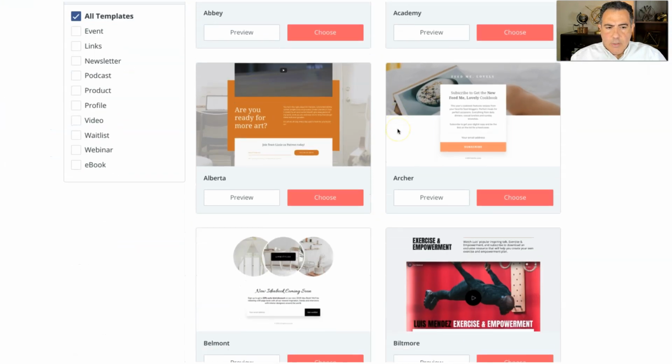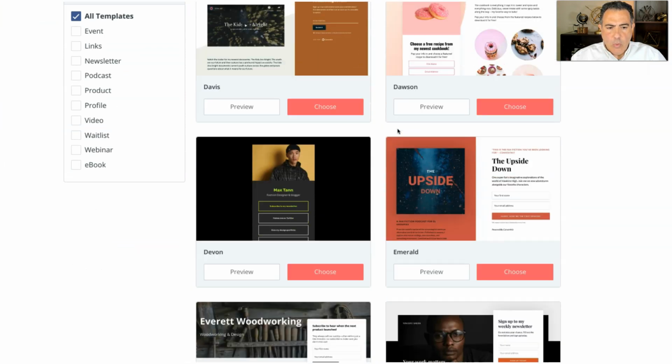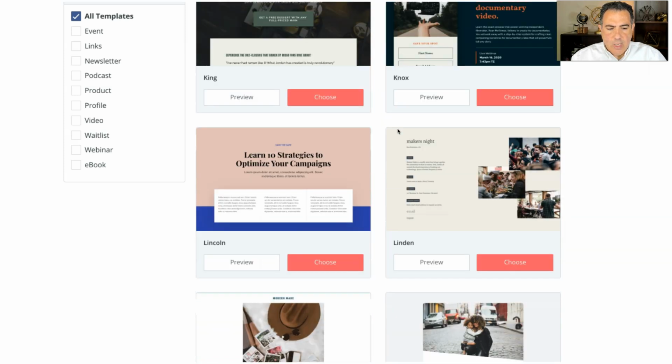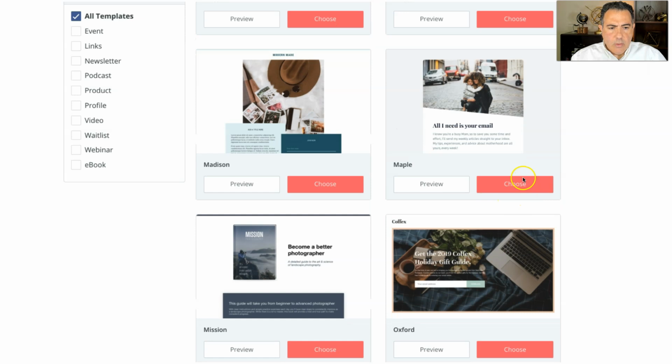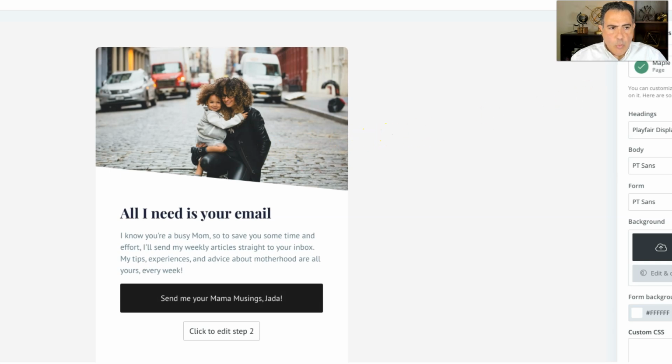The one that I like to pick is something that is simple and at the same time there's not a whole lot in it and it does not have lots of colors. And this one here looks very good. You click on it, you choose it, and then it comes up. Now, remember, at this point, so far,